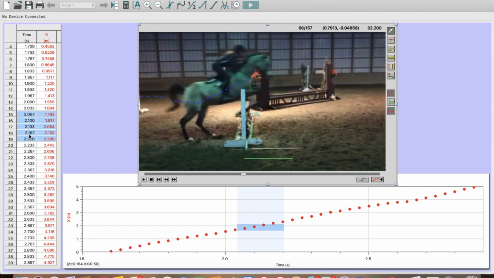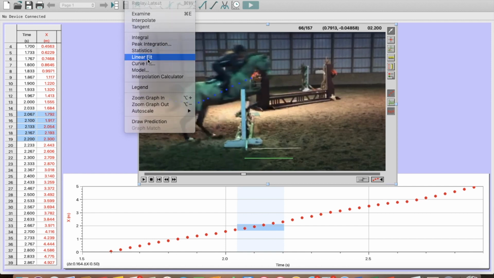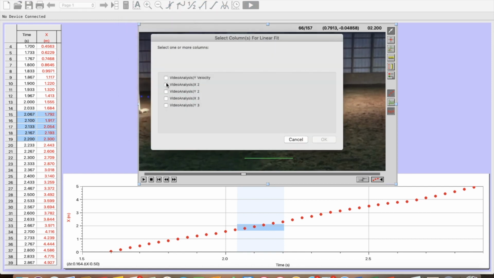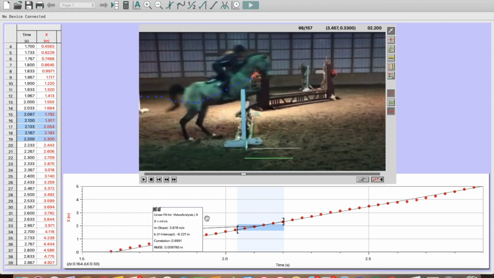So then I highlighted all those, and then I do analyze linear fit, and I find the slope right there, and that is my x velocity at the time that the horse is taking off. However, this is not the velocity of the horse at takeoff because I need to use the angles that I achieved earlier and plug that into a cosine trigonometric